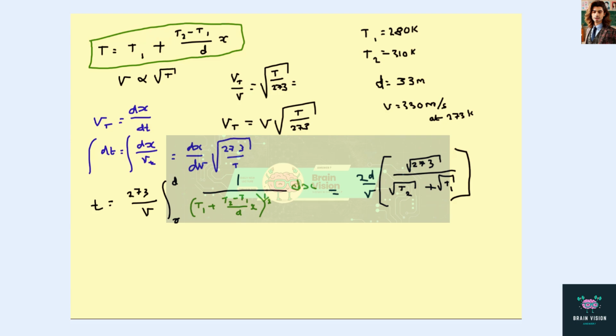Now that we have obtained this, we can go further and calculate by subbing in d is 33 meters. We know V is the speed of sound, so 330. We know T2 and we know T1, so we can say that t is equal to 2 times 33 over 330, times the square root of 273 over the square root of 280 plus the square root of 310,